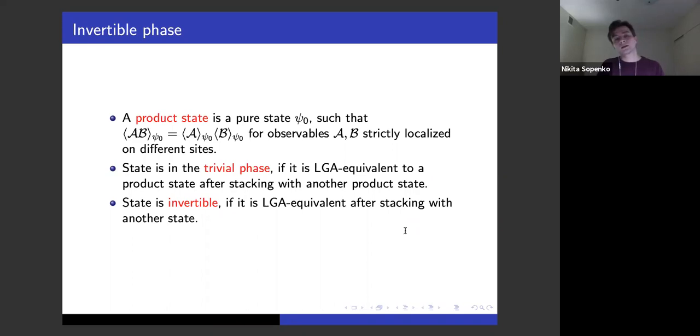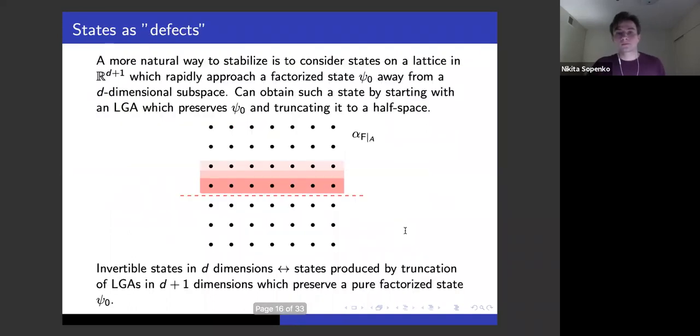And states which are invertible, and which we are interested in, are states such that we can compose them with some other state and apply some LGAs to get a product state, so that the resulting state is in a trivial phase. And stabilization here, so we want to do some stabilization. It's not a priori clear how to do that, but one way to do that, which seems natural,